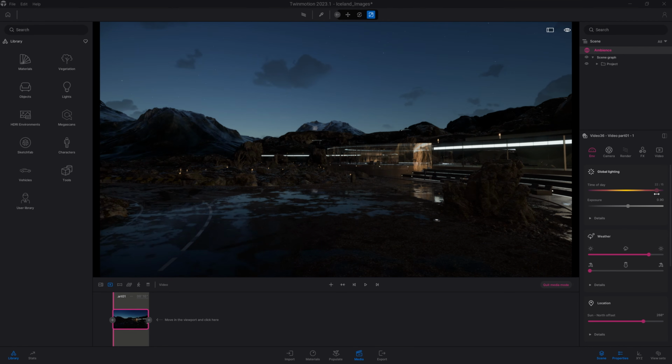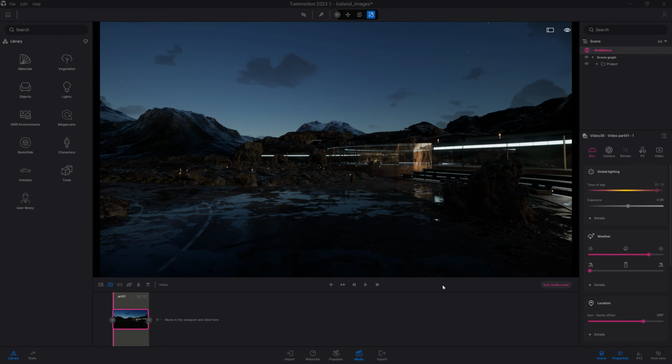Something like that, just at the start of the night. So here, the changes I've made only affect that specific media. You can even have different settings on different keyframes. So let's say I want my specific video part to end up in the night like that. But now I want to actually start in the day.